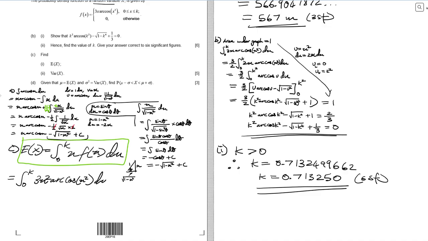And here they're not asking us to show anything, so we just plug it into a calculator. It's probably 1 or 2 marks, and that would be calc k 3x squared arc cos x squared, and we have our bounds 0 to k is 0.713250. So we use that, and I get an answer of,